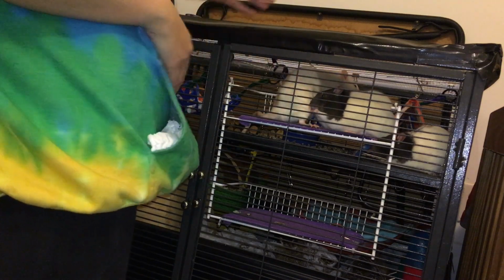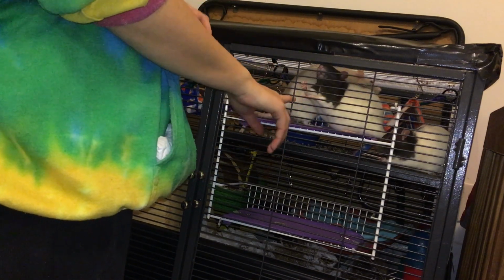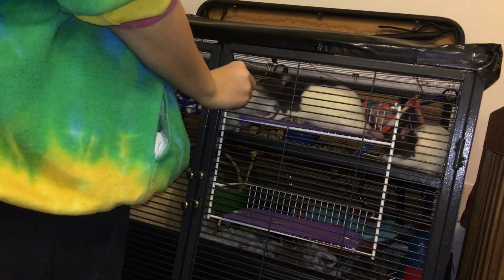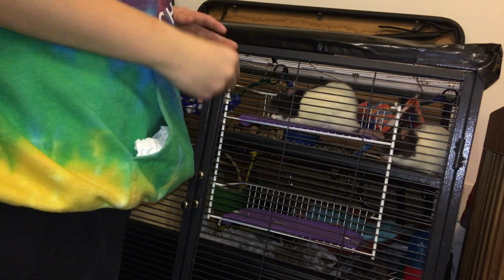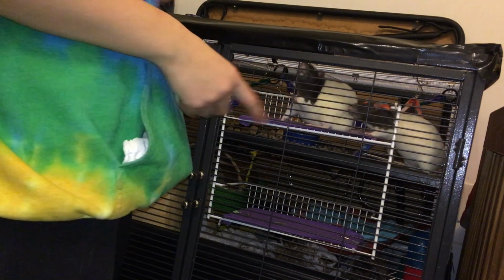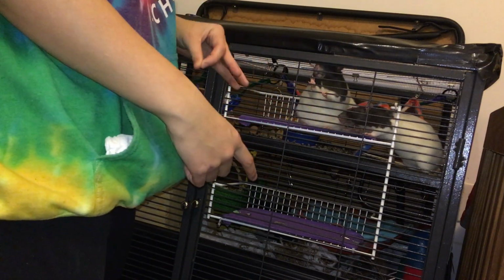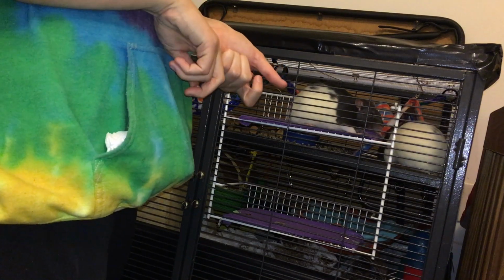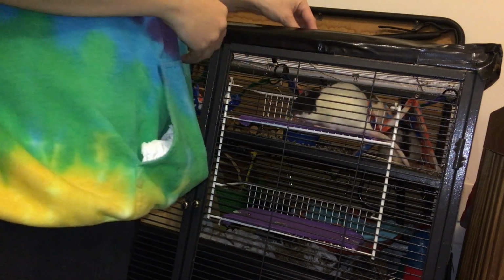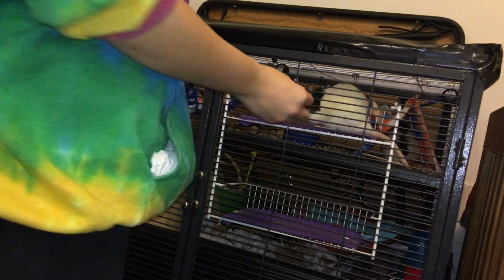So when I first got Latte, Latte here is a really sweet rat. She is absolutely amazing, and I absolutely love her so much because she would never hurt a fly. But what happened when I first got her was on the second day home, my brother came in, and he had just washed his hands like I told him. He goes to pet Latte, he's just gonna touch her through the bars, she chomps him really hard. So there's blood everywhere, he immediately retracts his hand, and Latte, she didn't mean to bite him, so she immediately lets go and she goes away, and she is not happy, he's not happy, and all around it was bad